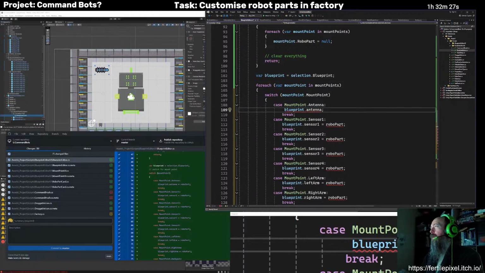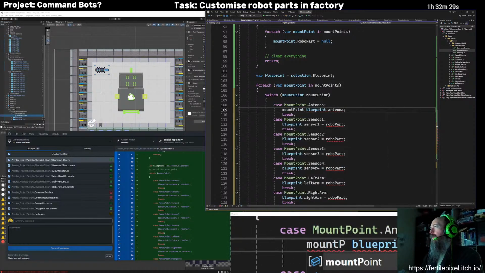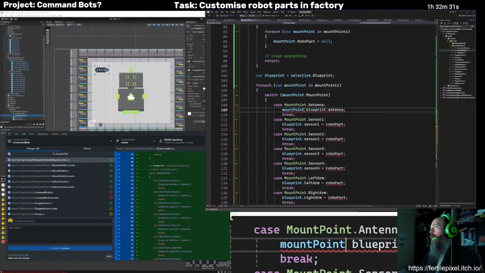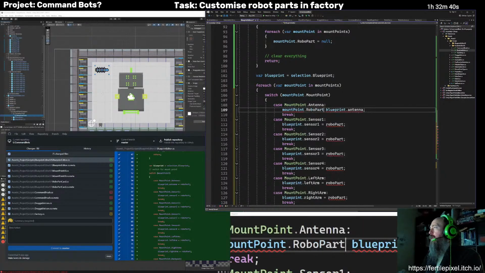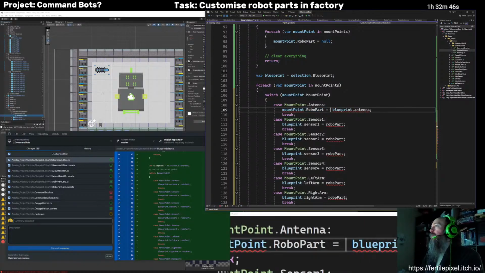We're doing our mount point UI. I should rename that to mount point UI. Dot RoboPart equals.